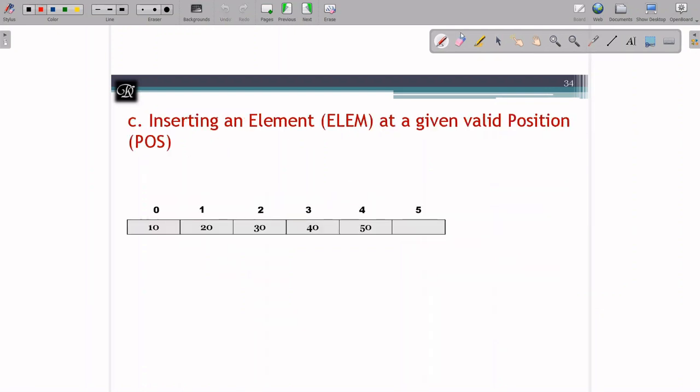We have finished how to create an array and how to display the elements of the array. Let's see how to insert an element, ELEM, at a given valid position, POS. To do this, as I said, the values I read are listed over here. First, I have to check whether the given position is valid or not. For example, let's take the given position as 16. The POS is 16,